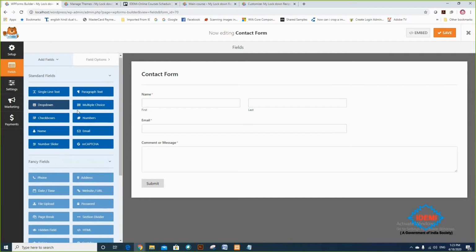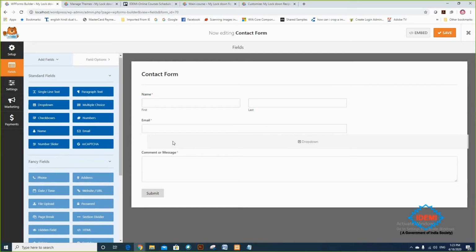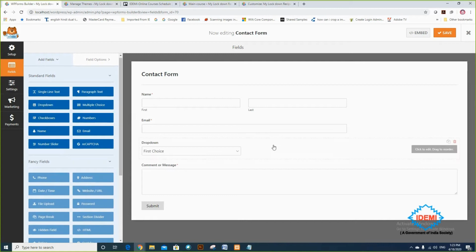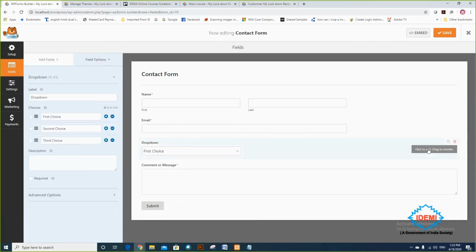For example, I'm putting a dropdown here, just dragging and dropping. It's asking what you want to do, so I'm just editing here. They are saying job now, but I just want to choose educational qualification here.